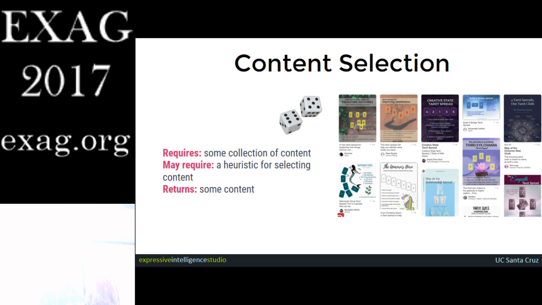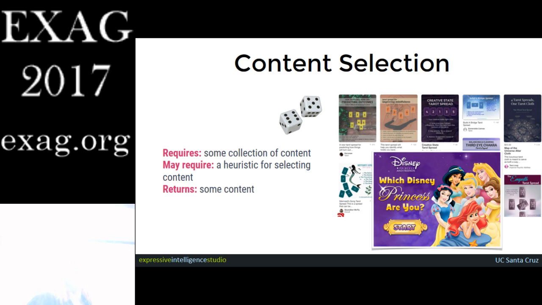This is a Pinterest board of tarot card spreads. So you're generating content by having one of these spreads, flipping a tarot card into it, and then based on the content that has been randomly selected, or selected by the fates or the hand of fate or whatever, you can then read meaning out of it. So you can have randomness, or you can also have much more sophisticated user modeling techniques to figure out what content you are. So yeah, which Disney princess you are, or which Mario difficulty setting you would like this to set at,